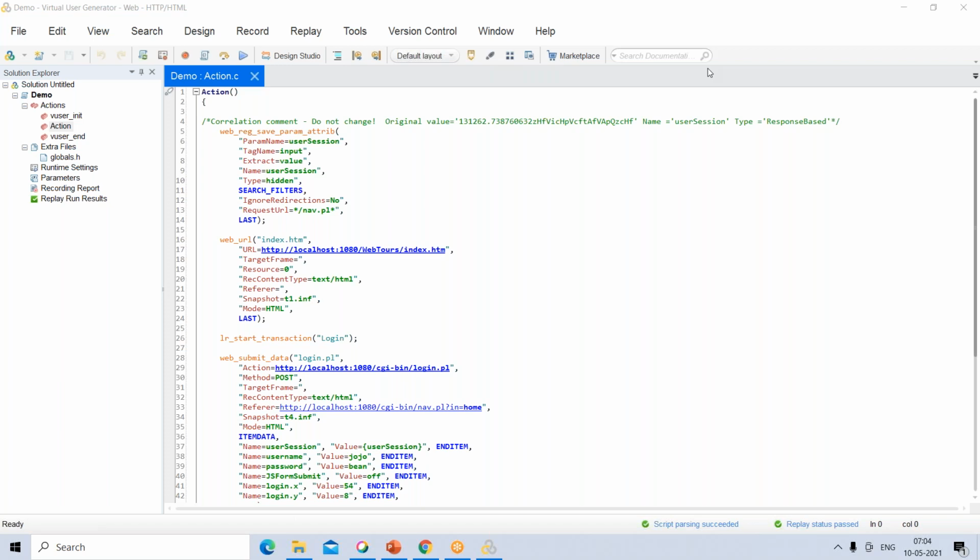So in the previous demo session, we discussed performance testing and the LoadRunner architecture, and we also discussed the comparison between LoadRunner and the other tools in the market. And we have also recorded a couple of steps like login and logout using one of the components called VuGen, and we have seen how the response time will come up in the results. So all these things we have discussed in the previous session.